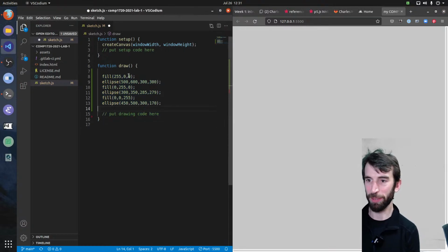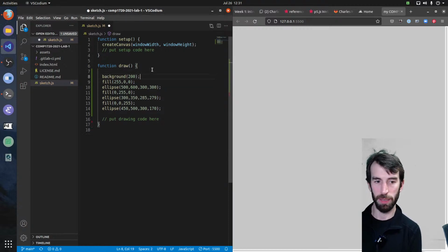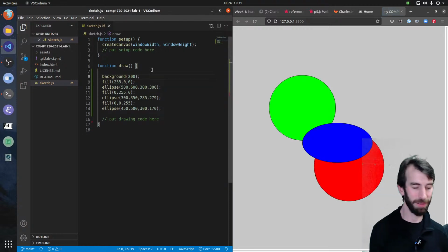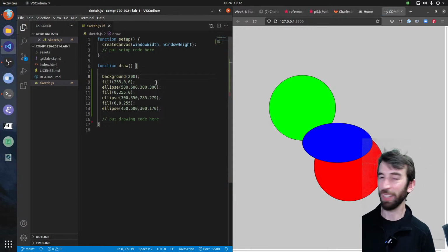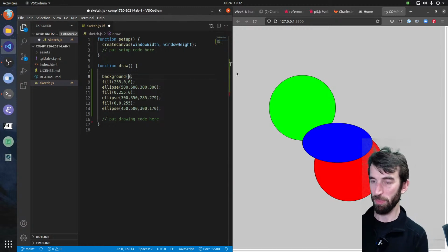I'll put my background drawing right at the back again. Yep, the logic of background is to color everything in your web page. So I've got a web page here, and it's colored the whole of that background with gray. Now, if I want to use a color that's not just a grayscale color, I can use 3 numbers as well. What about something a bit different?